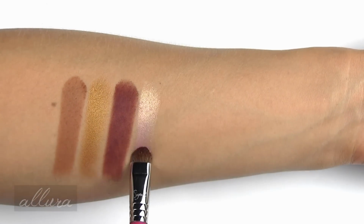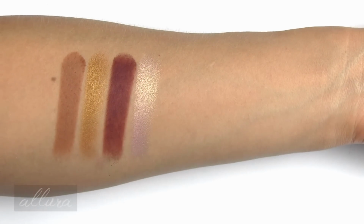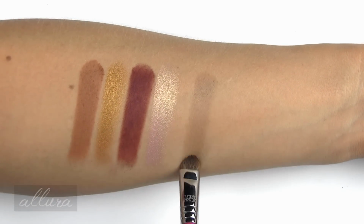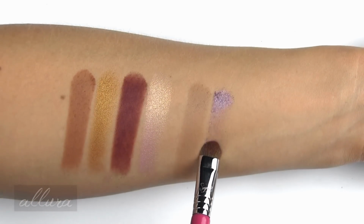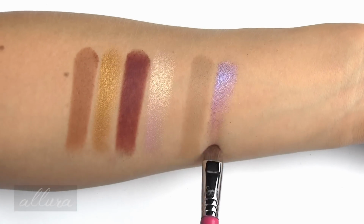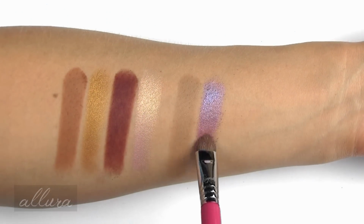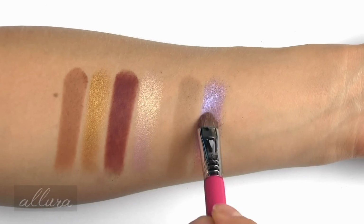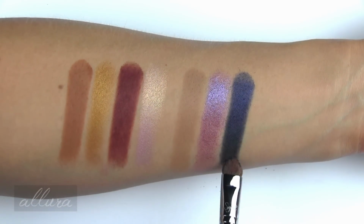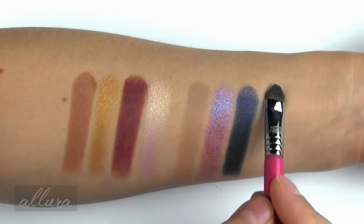This is the brow bone shade, which is a duochrome of silvery gold with a base of pink. Then we move on to the transition shade from the Ice palette, followed by the eyelid shade, which is a glittery purple duochrome with a blue flash. It's a very pretty color, but it's kind of chunky, so I'm gonna layer a second layer and use more of a dabbing motion. And then we have the crease shade, which is a more subtly metallic navy blue. And last is the brow bone color, which is a satin